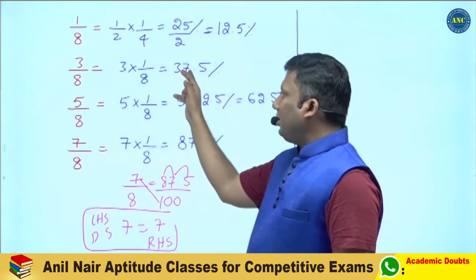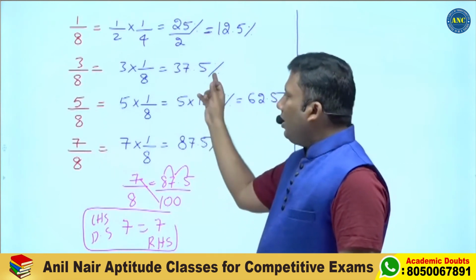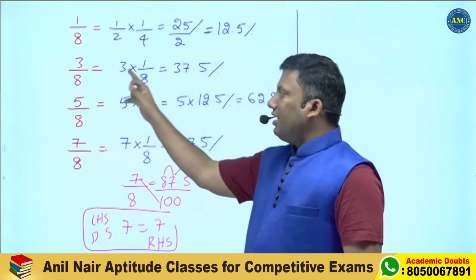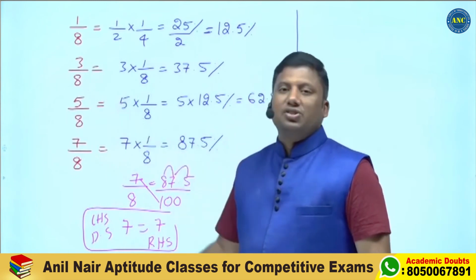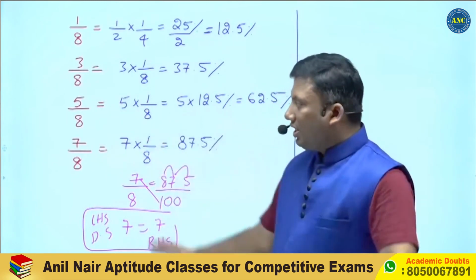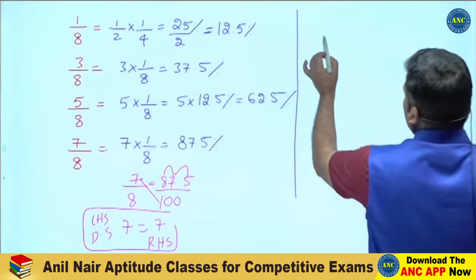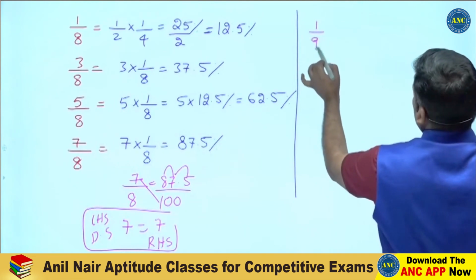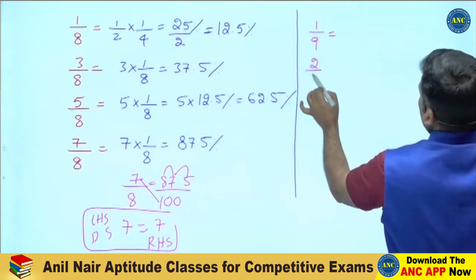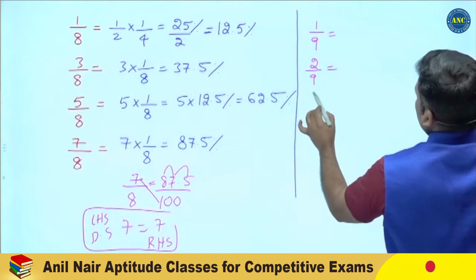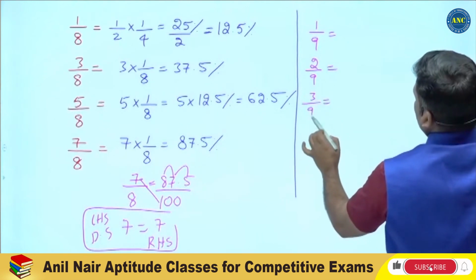7 plus 3 is 10, 10 plus 5 is 15. 6 eights are 48, 4 plus 8 is 12, 1 plus 2 is 3. Crystal clear concept. Next one, it is 1 by 9, 2 by 9, 3 by 9, and so on